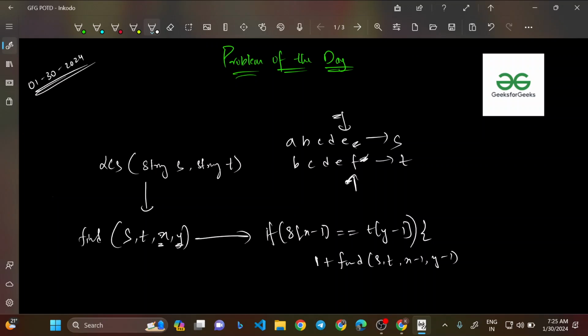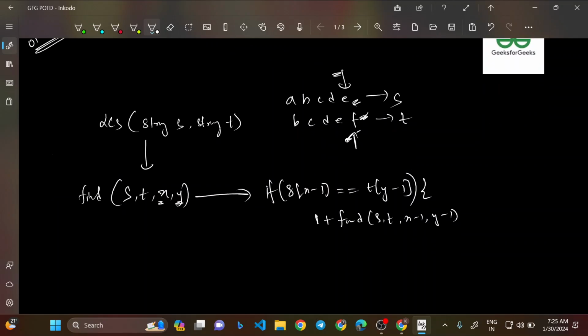Now in this case both are not equal, E is not equal to F, that I know. But if it is equal, like instead of F it is E, or instead of E it is F, then we'll be calling this function 1 plus find of ST X minus 1. If it is not equal, like in our case right now, then what we'll be doing